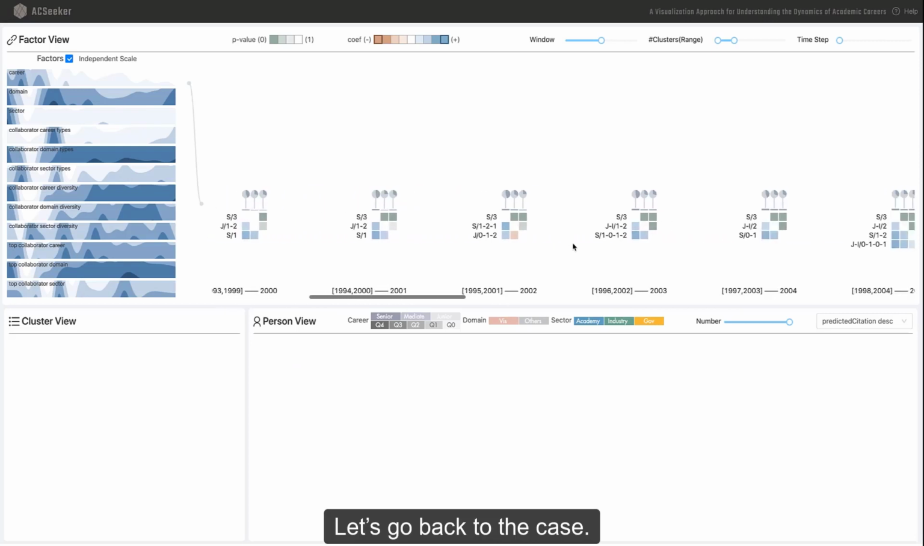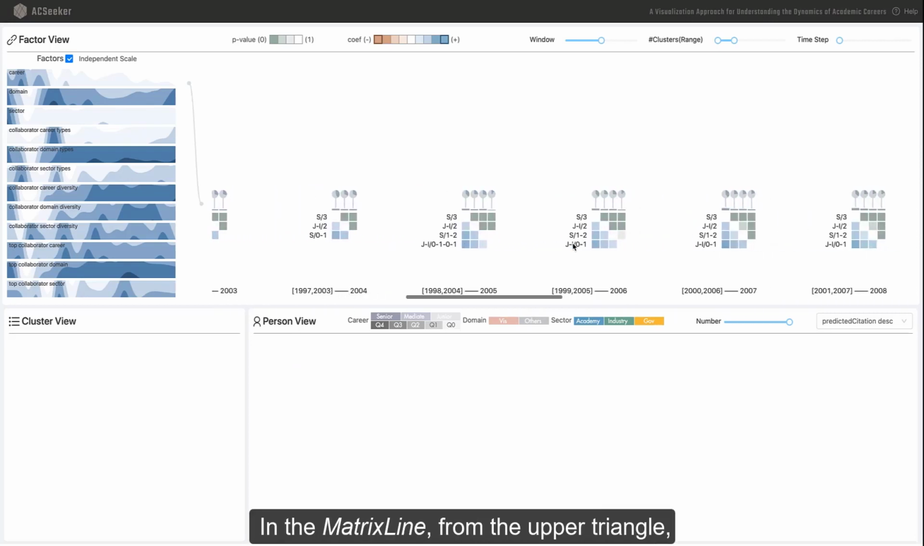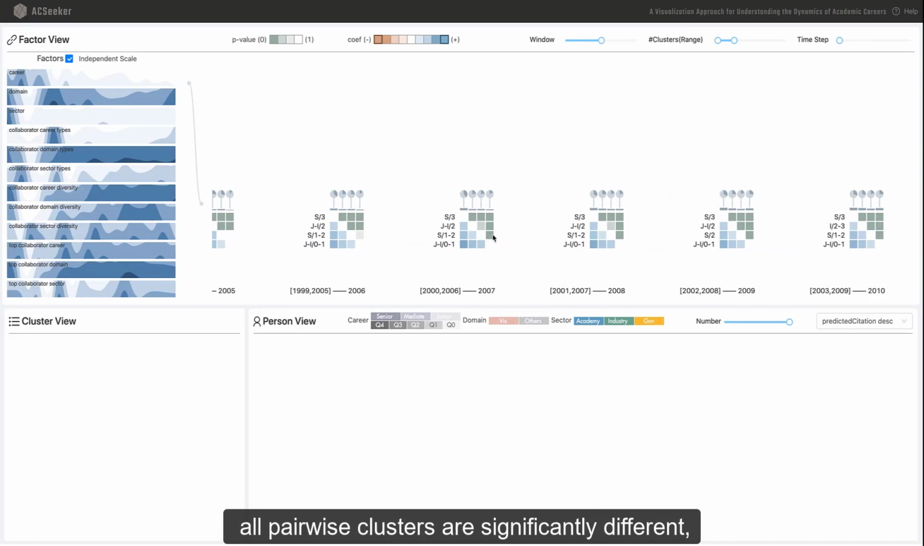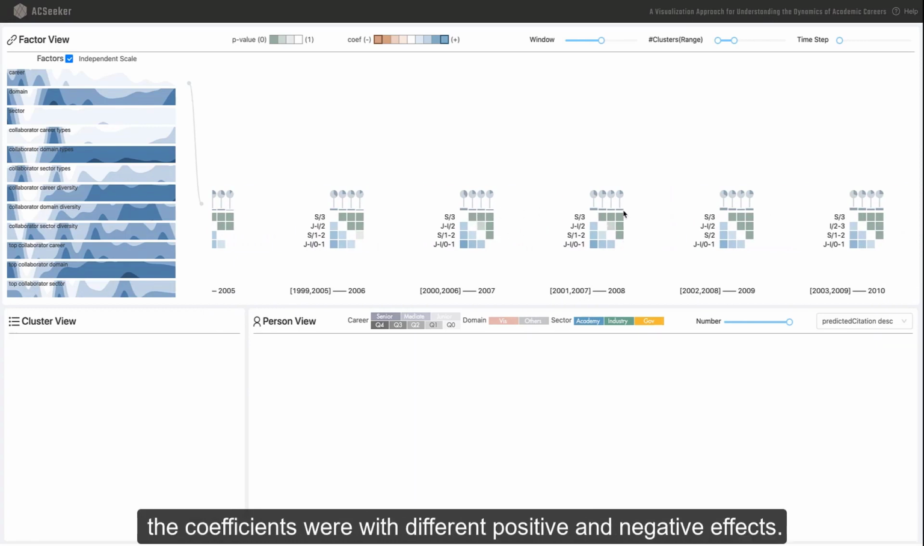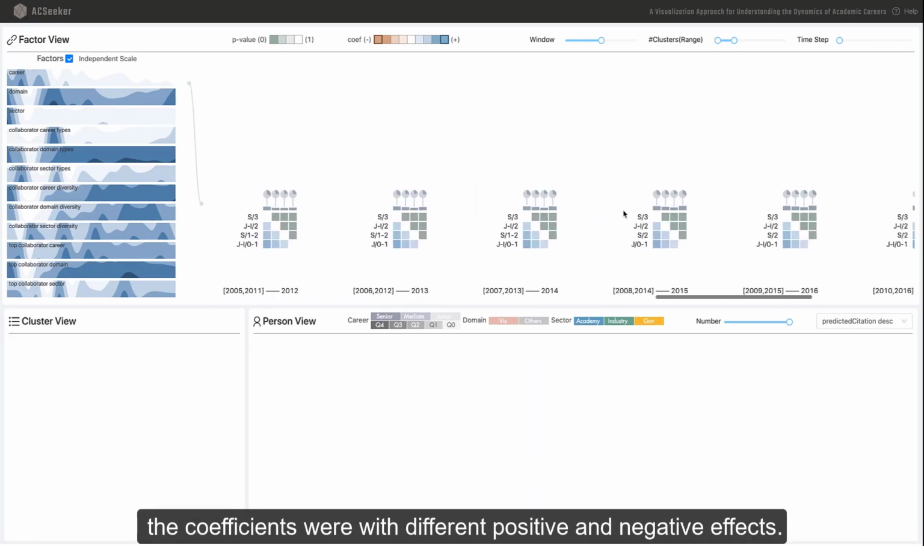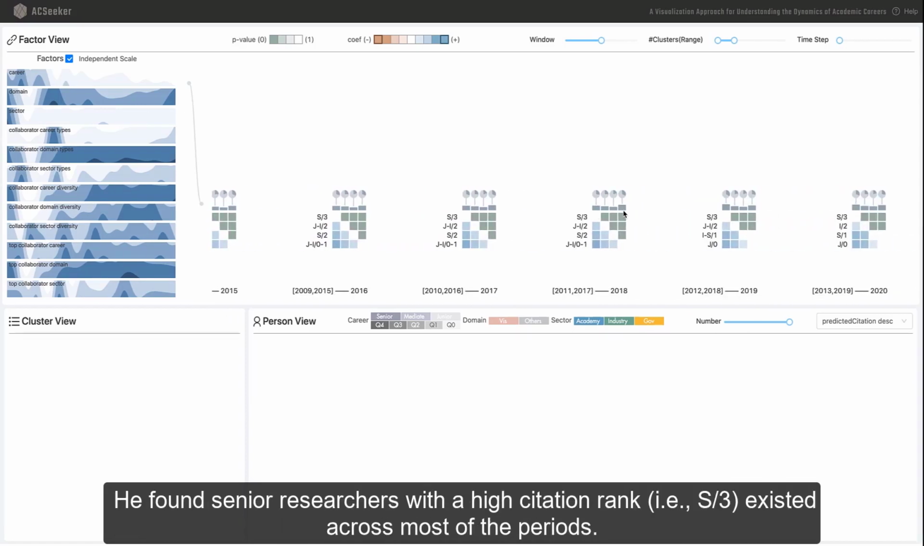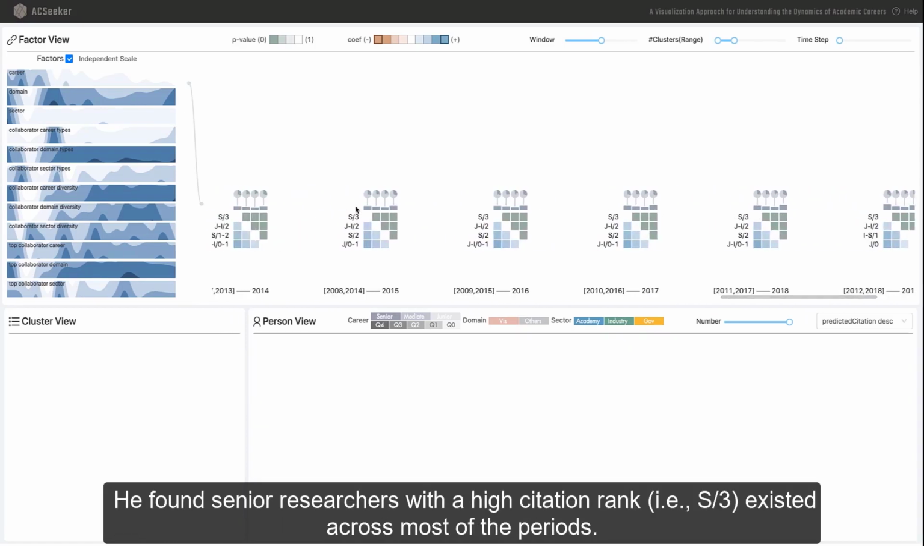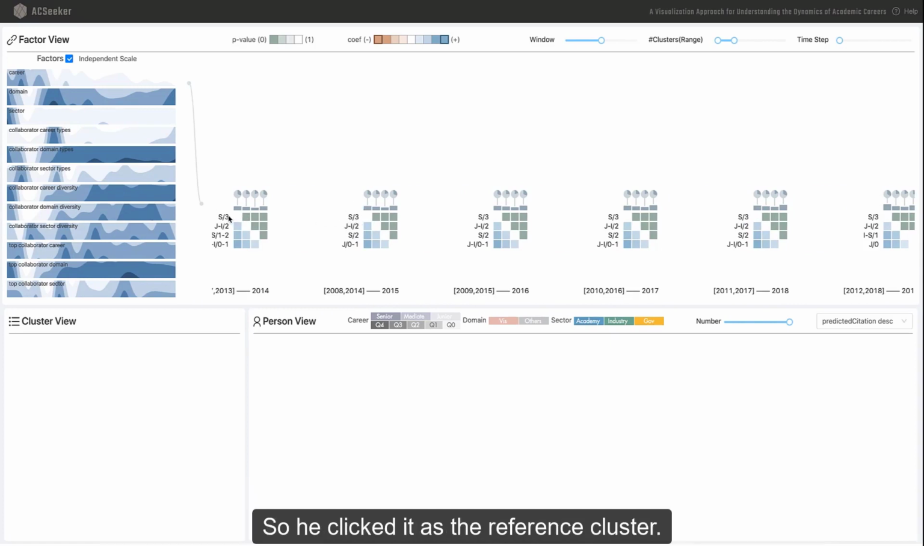Let's go back to the case. In the matrix line, from the upper triangle, all pairwise clusters are significantly different. The coefficients were with different positive and negative effects. He found senior researchers with a high citation rank existed across most of the periods, so he clicked it as